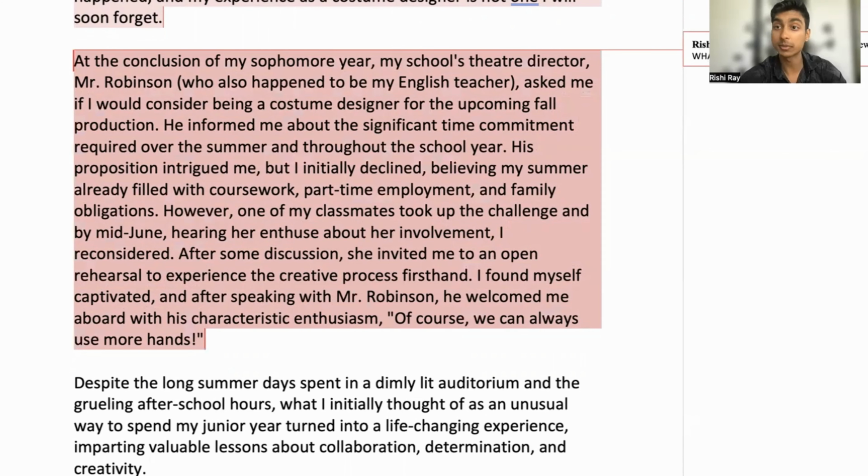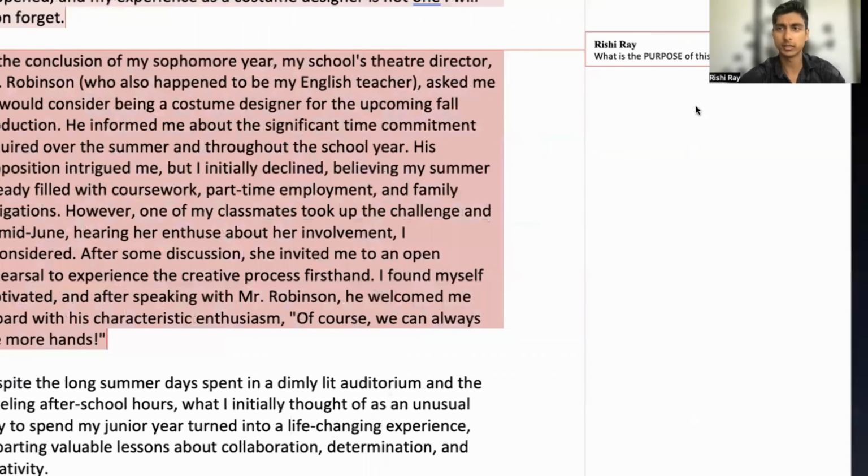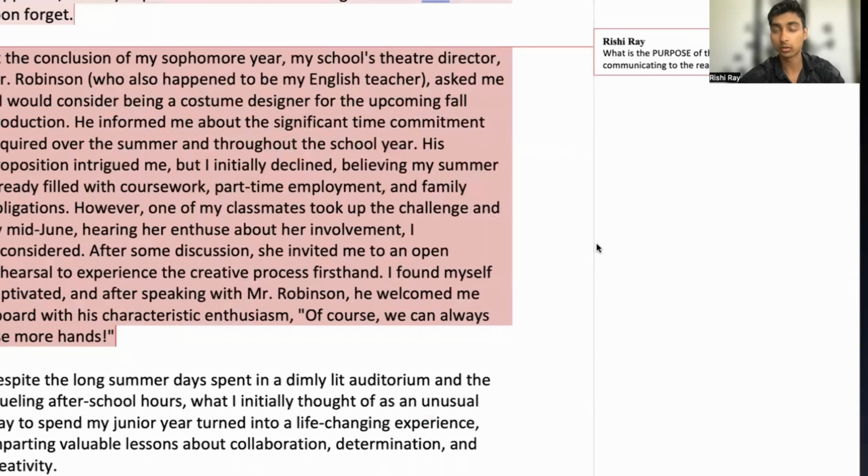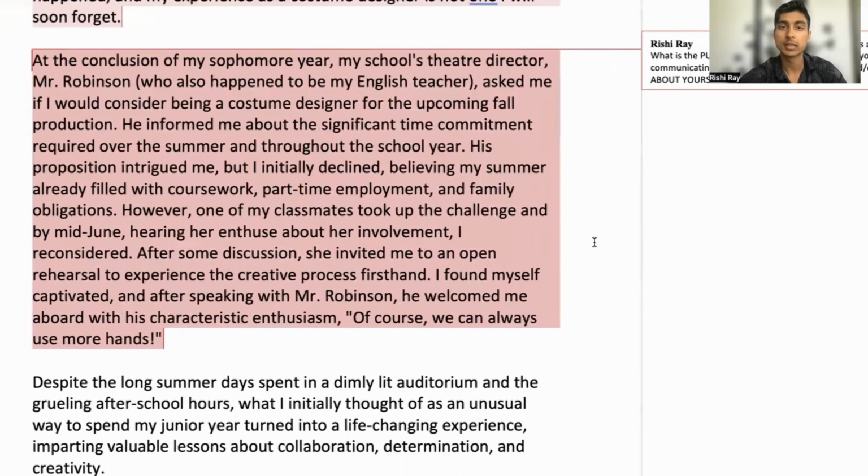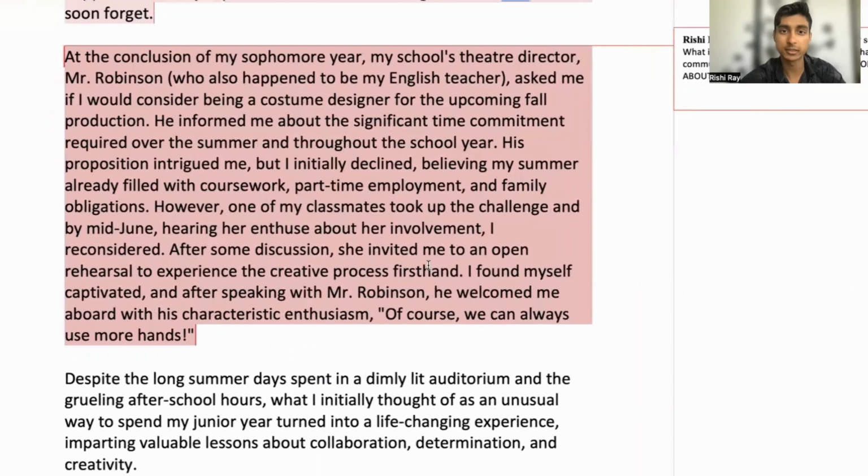Or what is this paragraph's purpose? It's probably a better way to say. What is the purpose of this paragraph? What are you communicating to the reader about the story or about yourself? Not much. And the other thing to consider here is, even if we want to kind of set this scene,